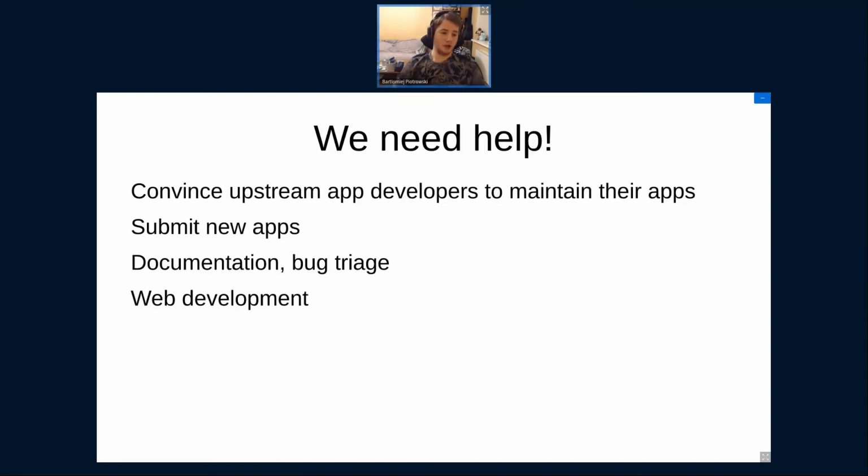So, obviously, being a community open source project, we need help. This is, again, a vast subject. The most important thing, obviously, is that we want new applications. So if there's something that you are using or would like to be using, but your distribution is not packaging this, please submit your app. However, first talk to the application's developers.